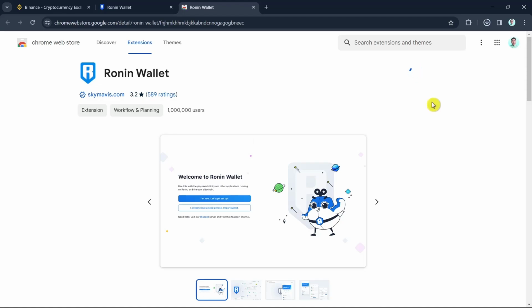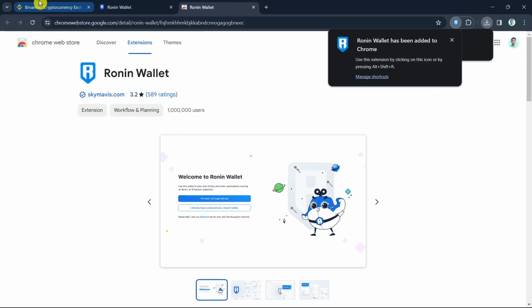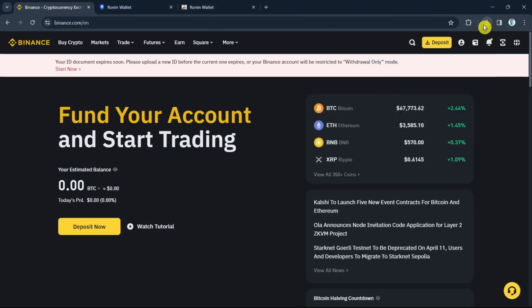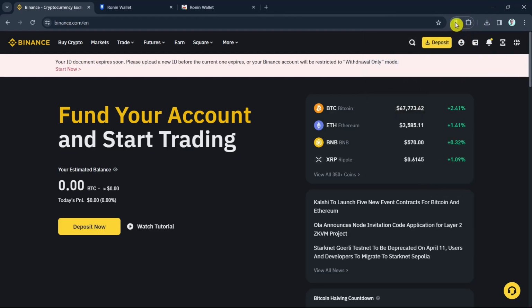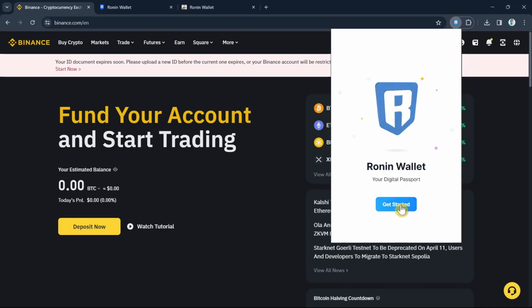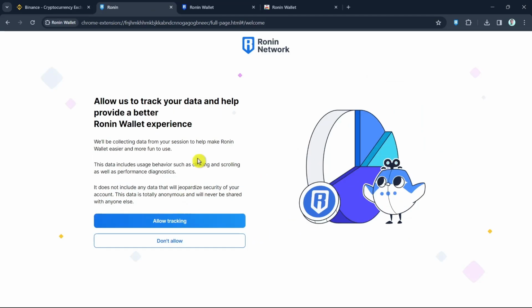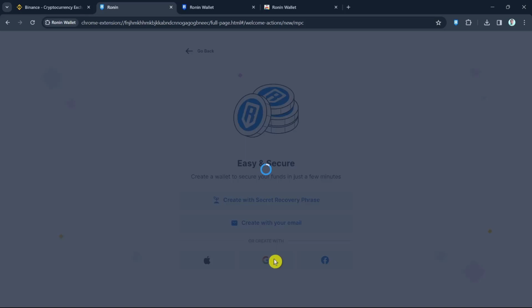on your Chrome. Now, once done, all you need to do is go back to Binance and then click on the extension right here. So we're going to pin that Ronin wallet and then click on the Ronin wallet extension. From here, you just need to click on Get Started and you will now go to this page. Click on I'm new, let's get set up, click Allow Tracking, and then you just need to create your account using